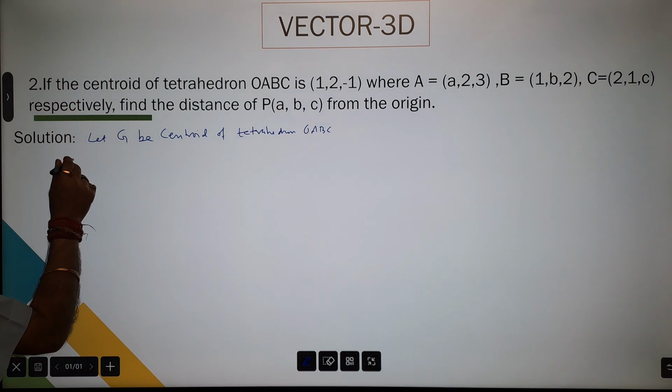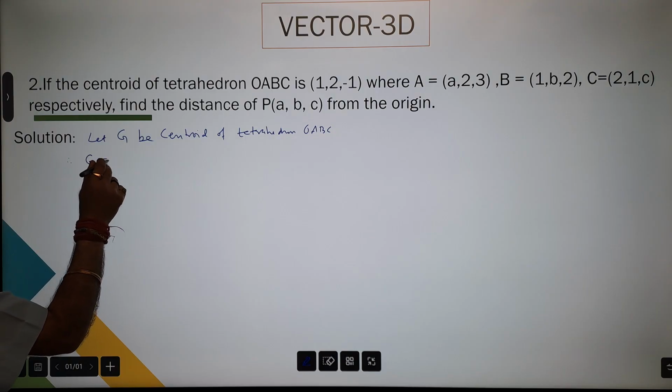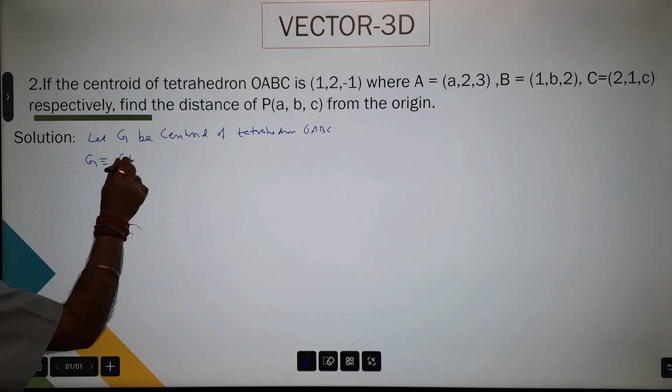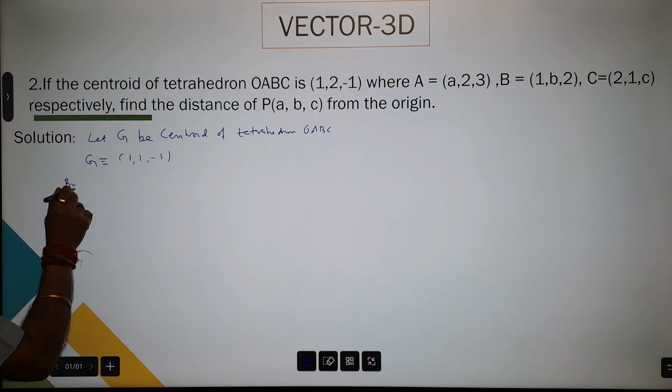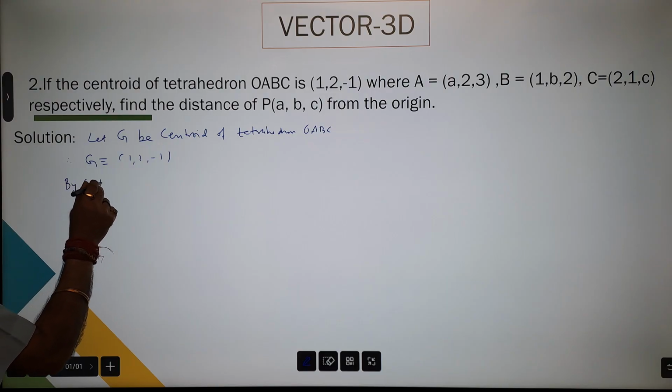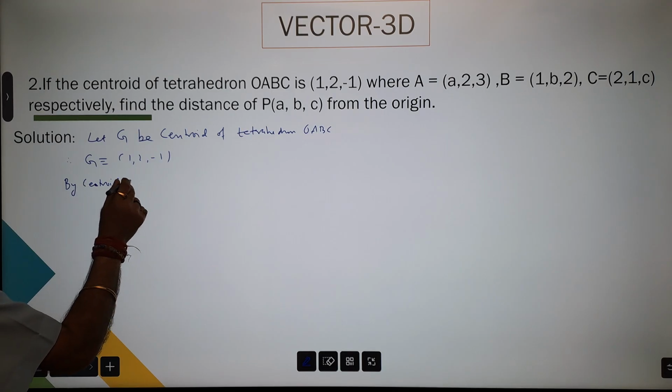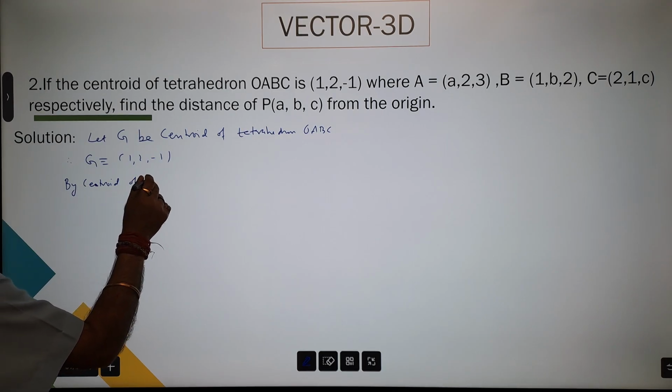Therefore G corresponds to (1, 2, minus 1). By the centroid of tetrahedron formula,